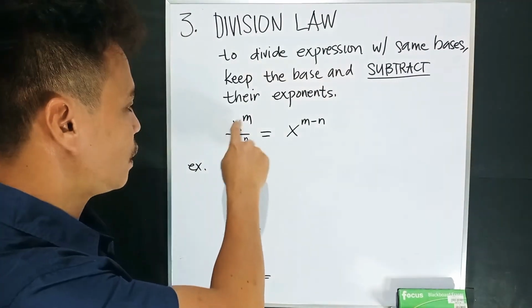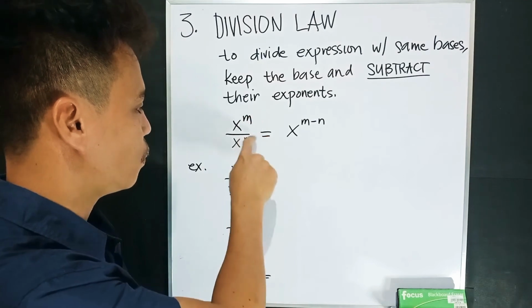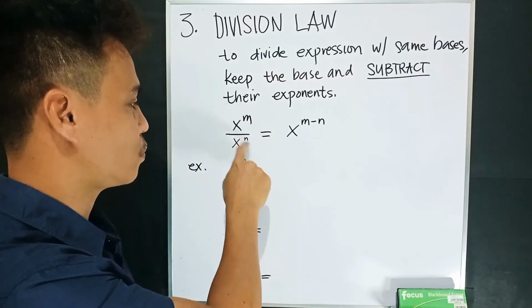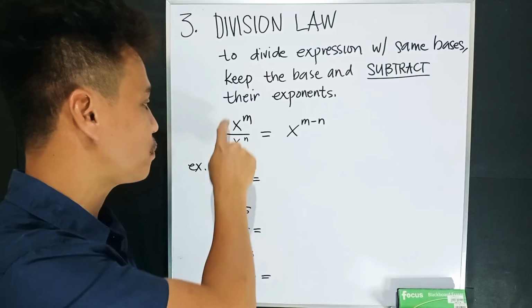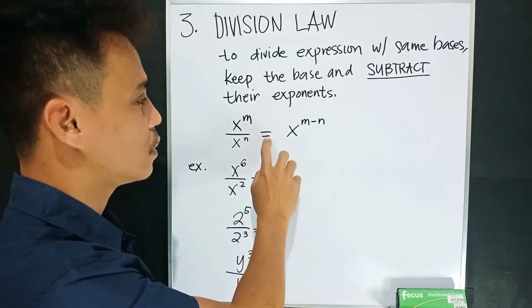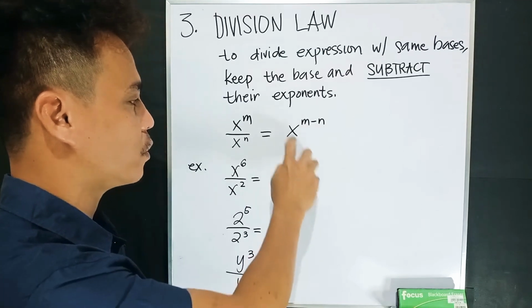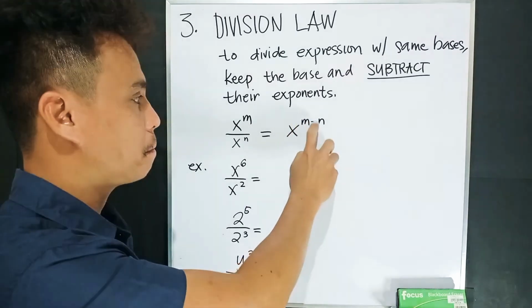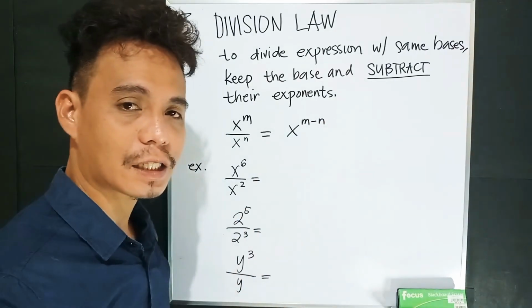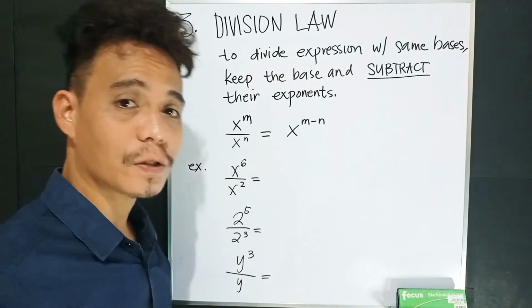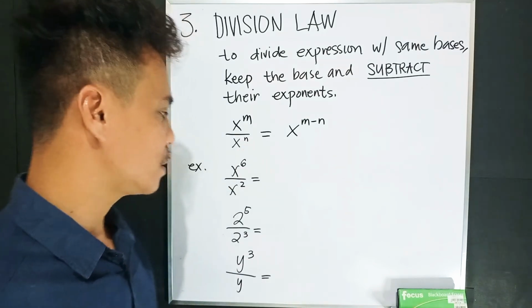So x raised to m divided by x raised to n. They have the same base, so gagawin lang natin is to subtract the exponent. Therefore, x raised to m minus n. Isusubtract lang natin yung exponent nung nasa baba. Okay? So example,